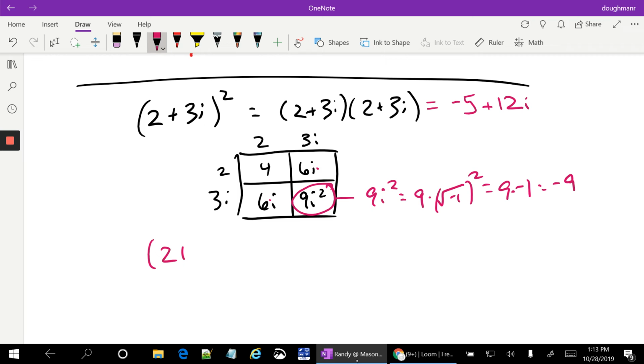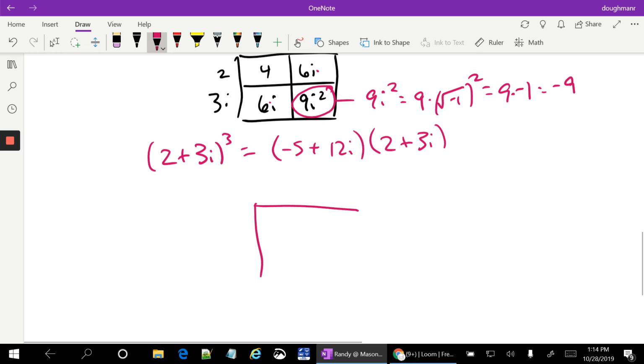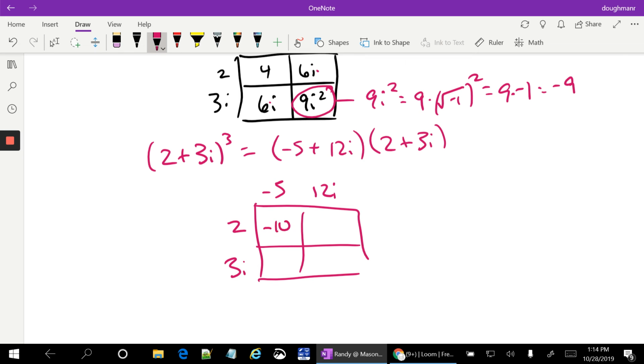Let's say I had 2 plus 3i cubed. Well, we've already figured out what 2 plus 3i squared is, and that's -5 plus 12i. We just now have to multiply it by 2 plus 3i again. So I got -5 plus 12i and 2 plus 3i. So 2 times -5 is -10,